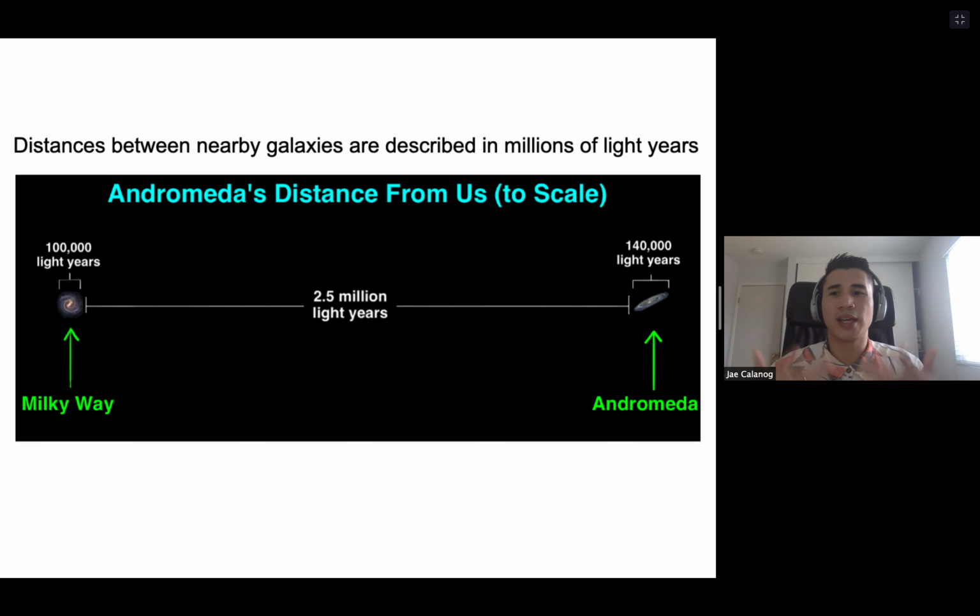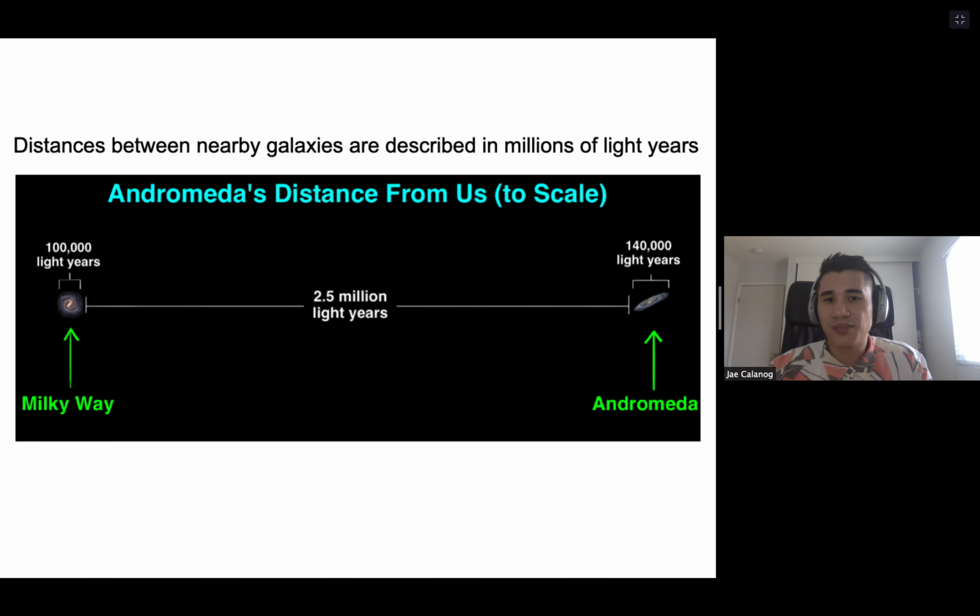So now let's keep zooming out. Let's go outside of our Milky Way galaxy. The closest galaxy to us is the Andromeda galaxy. The Andromeda galaxy is kind of like the Milky Way's sister or twin galaxy, because they're both spiral galaxies and they're similar in very many ways. And if you're looking at how far away they are from each other, we mentioned this before, it's about 2.5 million light years away. This picture is actually a to-scale distance in terms of how big those galaxies are compared to how far apart they are from each other.